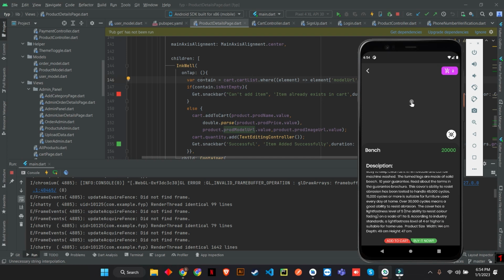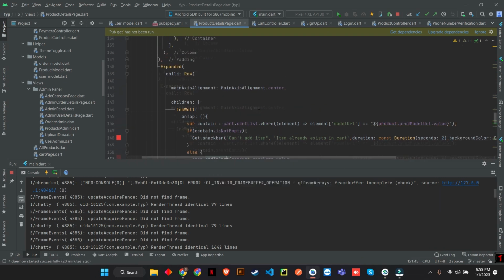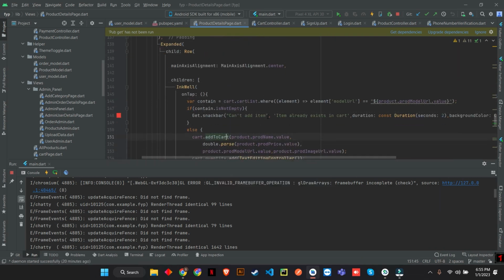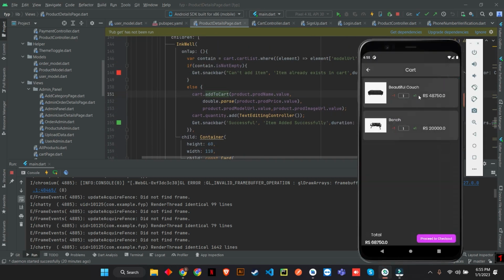make the contain variable, it just sends a value to the contain variable. It's mostly like if it's true or false, but in this case it just gives the value to the contain variable, and if the contain variable is not empty, it will just show me that error, else it will add the product to the cart. So if we tap on this, and as you can see, this is the total amount,